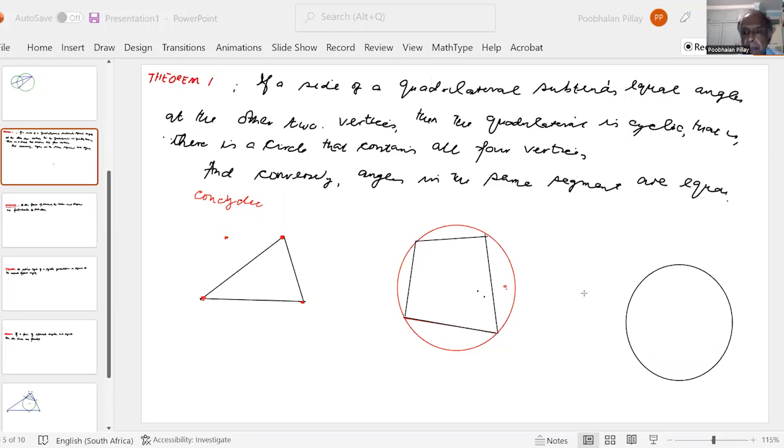What does that mean? It means that if I take 2 random points on the circumference, and I look at the angle subtended by that chord at the first point, that angle there